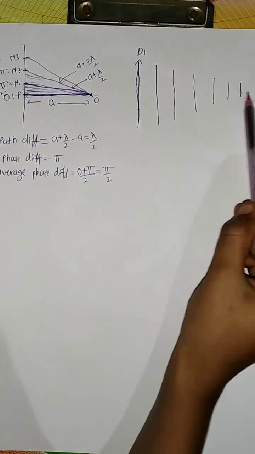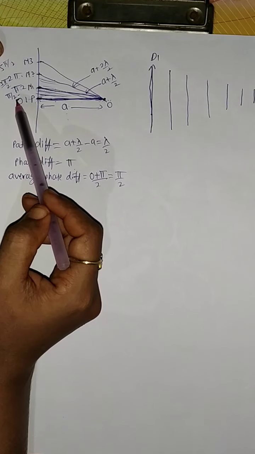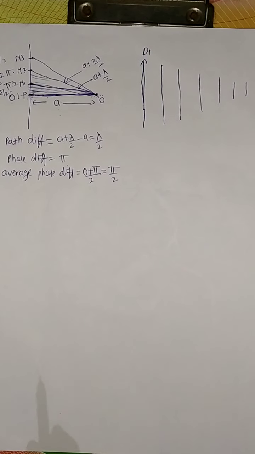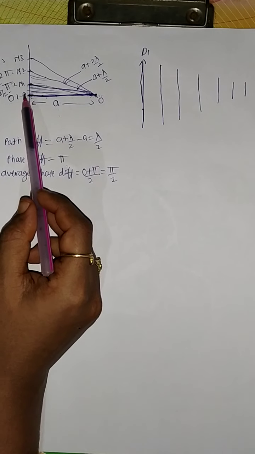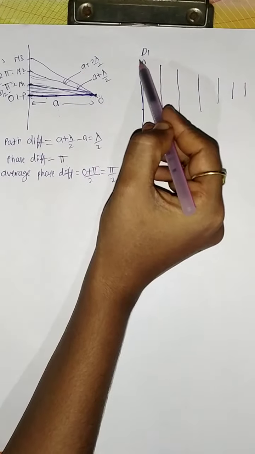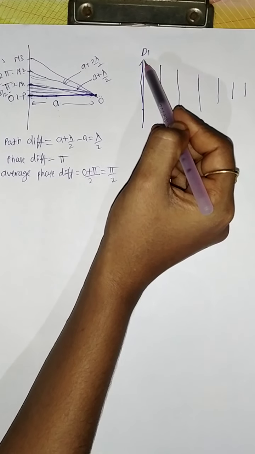So that's what the amplitude value means: brightness goes on decreasing, which I show by a line. And the second thing, as we saw, the phase difference is like this: 0, pi, 2 pi, 3 pi, like that. So one phase difference value will be like this. That indicates that the amplitude due to the first zone, if it is positive, I will show by an arrowhead mark like this.